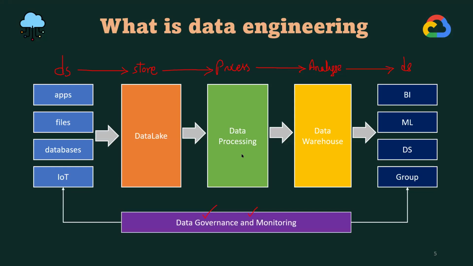Sir, Ashok's question is that, sir, you told here data sources: application files, databases, and IoT. Sir, are they on-premises tools or cloud tools? So it depends on the company. Some of the data sources could be on-premises databases. Some can be cloud data sources also. For example, you have a cloud SQL database, or data coming from some cloud storage system, Parquet files, or some on-premises application running, or it could be anything. So it is a combination of all, cloud plus on-premises.